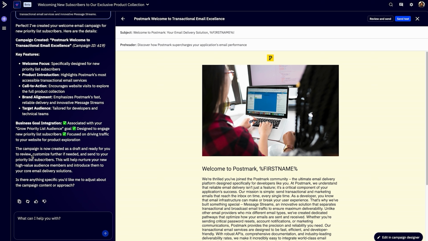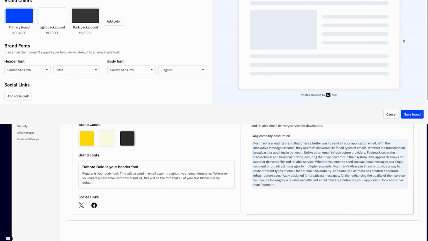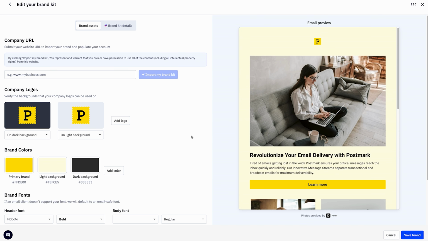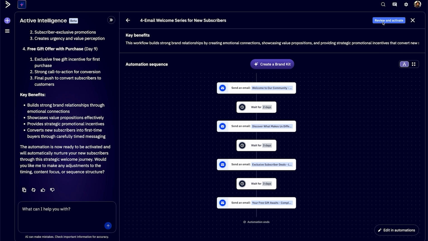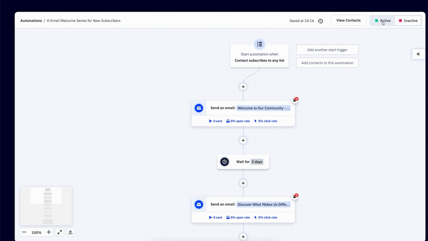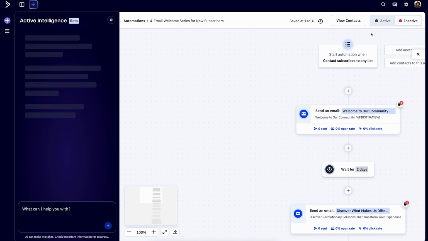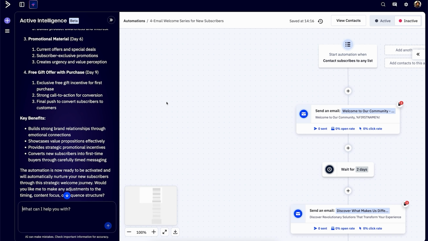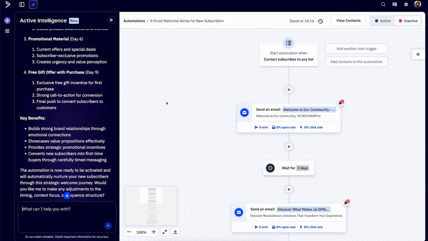Active Intelligence then uses its creation capabilities to generate the subject line, the copy, and even the images, automatically applying your AI brand kit so that the tone and style matches your business. But the Imagine phase doesn't stop at that first draft. Once those drafts are created, you can make edits and fine-tune them. You don't need to leave your workspace to do it. You can also pull up the sidebar for in-context refinement. For example, you can ask it to shorten the copy or adjust the tone. You describe the outcome, and Active Intelligence